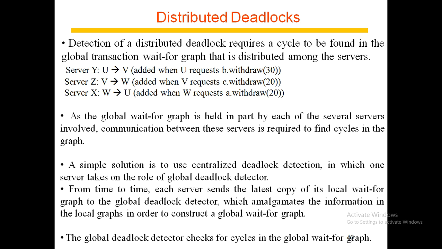and tells the server to abort the transaction. Centralized deadlock detection is not a good idea because it depends on a single server to carry it out. It suffers from the usual problems associated with centralized solutions in distributed systems, that is poor availability, lack of fault tolerance, and no ability to scale. In addition, the cost of frequent transmission of local wait-for graphs is high. If the global graph is collected less frequently, deadlock may take longer to be detected.